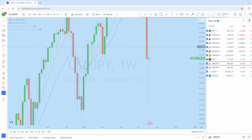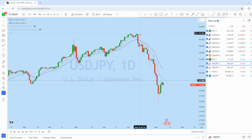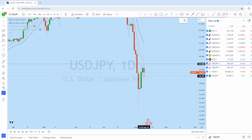on dollar yen. Dropping down to the daily chart, we can see that from the daily perspective on dollar yen, this is a downtrending market structure. There is a drop, pullback, drop, pullback. The market is forming a series of lower highs and lower lows in this market. And we will be waiting for dollar yen for the market to bounce, grab liquidity, and then to drop down